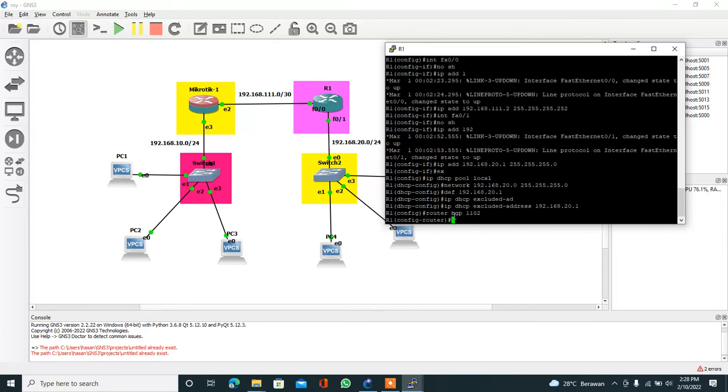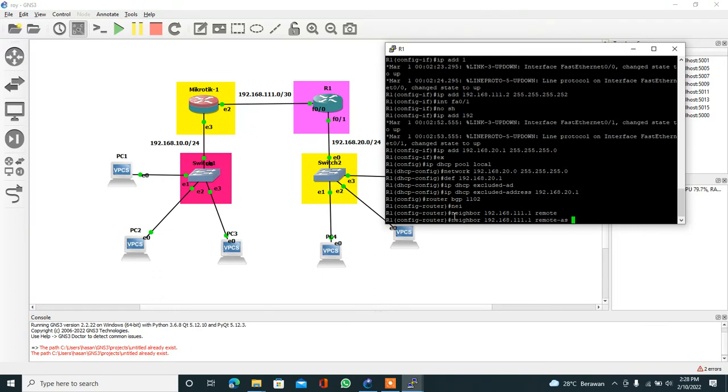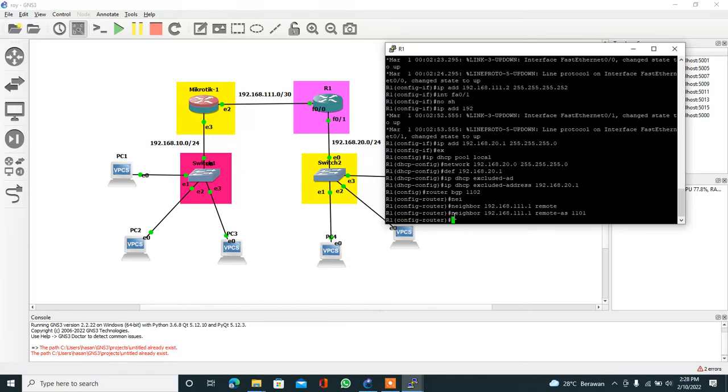Okay, enter the command neighbor 192.168.111.1 remote-as 1101, like this. Enter. Okay, now advertise the network in the Cisco router.